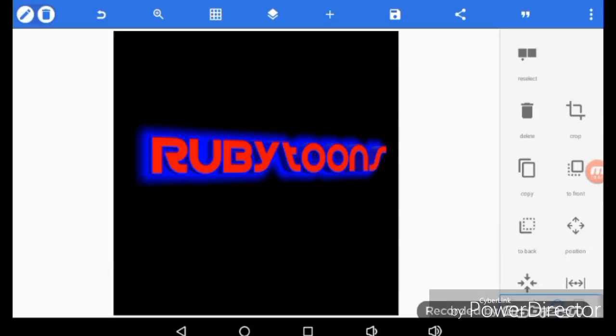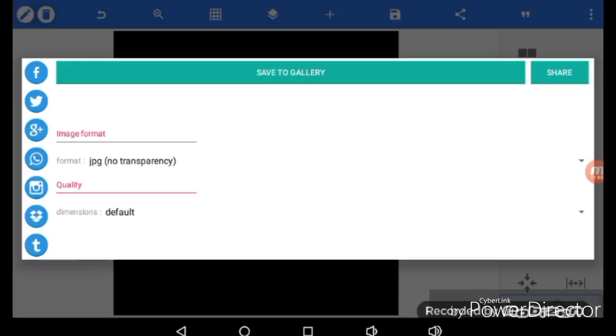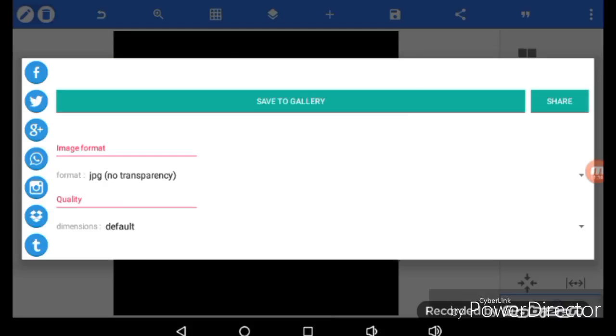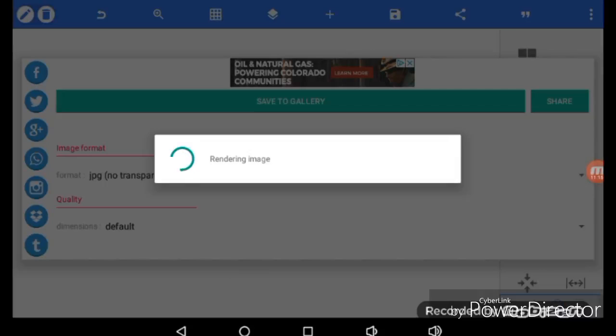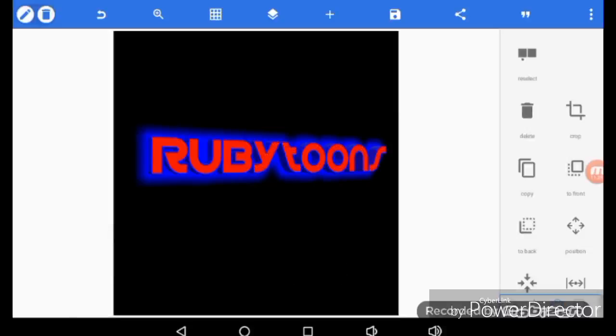And once you're done with that, once it looks good and all, then you can click the button by the plus sign, and it should pop up like save as image or save as project. You want to save that as an image. Once you press it, it should lead you to this screen, and then you want to press save to gallery. It should say your image has been saved, and then you're good to go, and you can go on YouTube and change your profile picture,